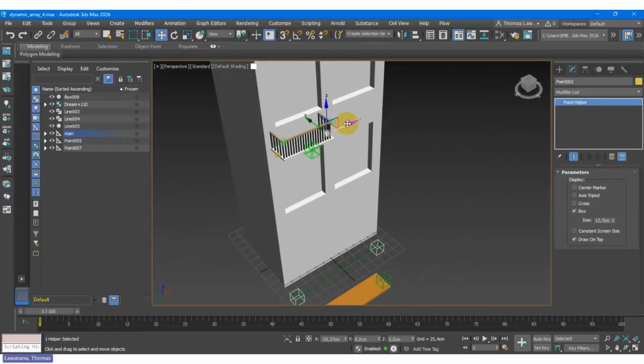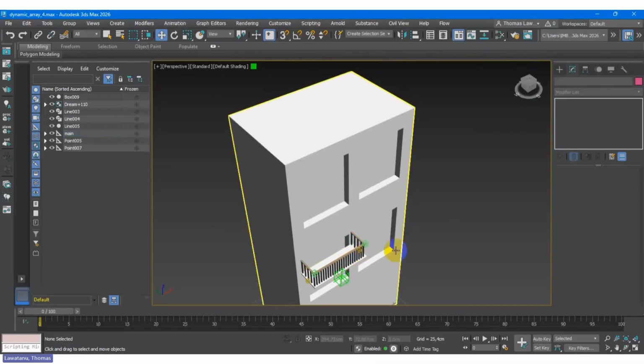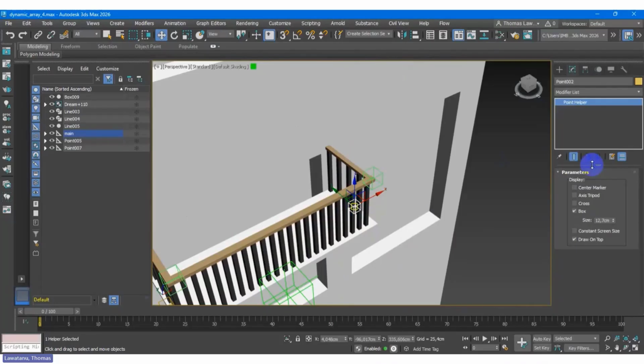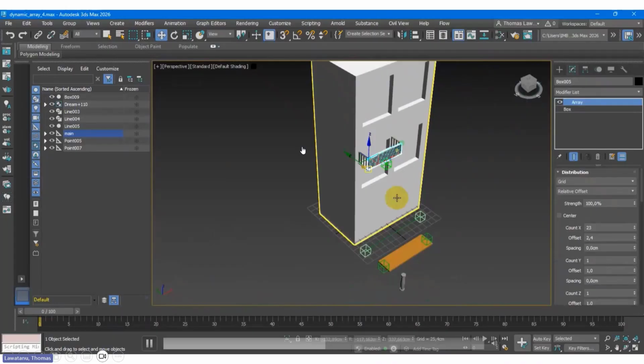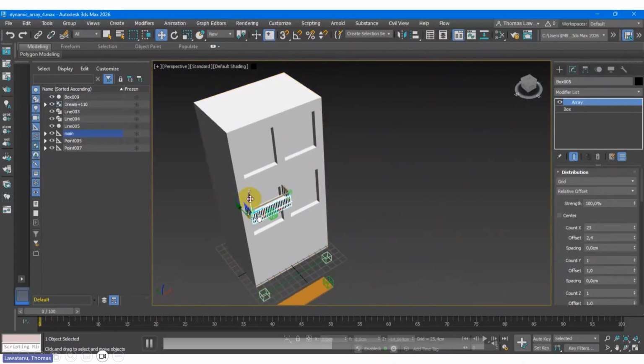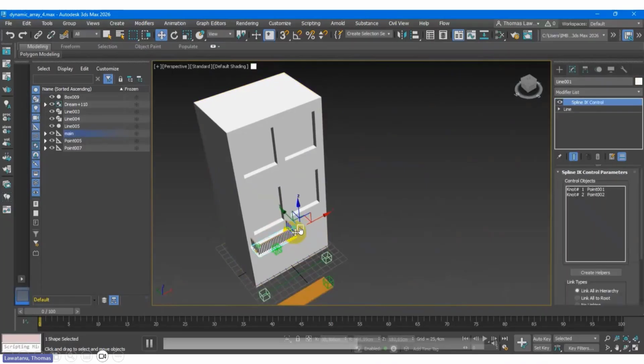This is because this is dynamic. How to create it? Again, this array is very helpful, because they will be multiplied, even though this is dynamic. Let's say I want to create more than one balcony. This is easier right now because this is dynamic. Okay, how to create? I think I need three of this helper. Again, the array is only to create a series of this balcony.